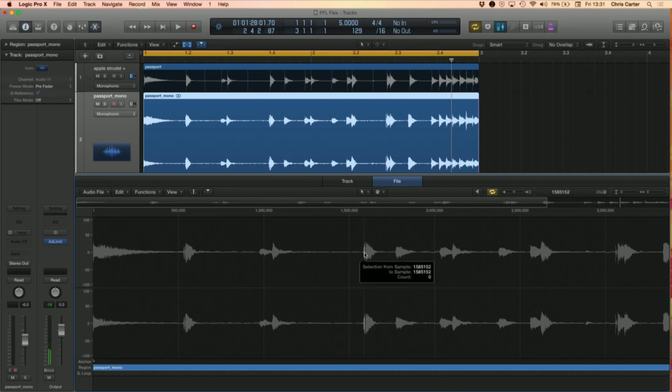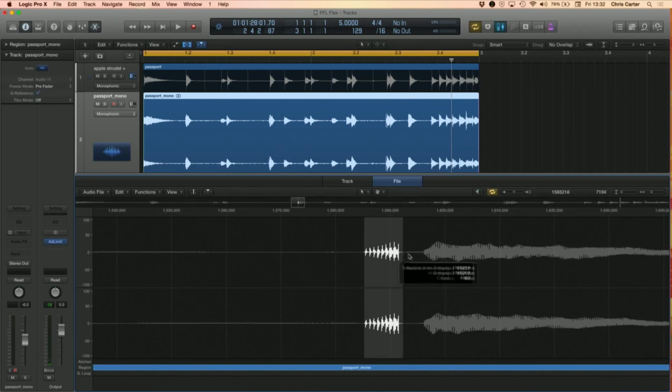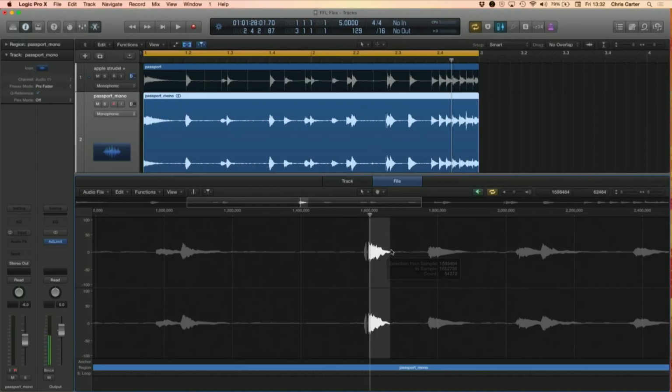Like for instance, I really like that little glitch. I mean, that could just become part of a kit almost, you know, when you make your own kits and you've just got those little funny extra sounds. We could put that in a sampler, start to play around with it and get the filters going and so on. So that's quite nice, but yeah, we'll find lots of things inside here